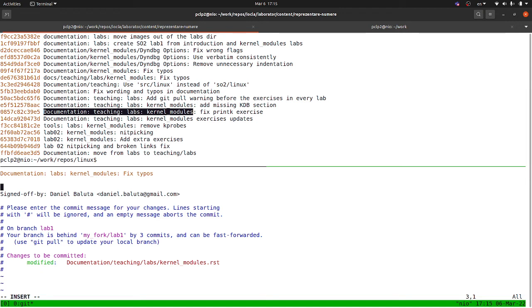So here the code is needed because it makes code easier to read and understand by fixing